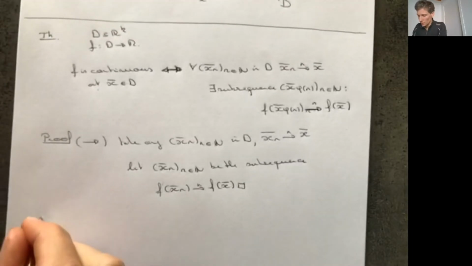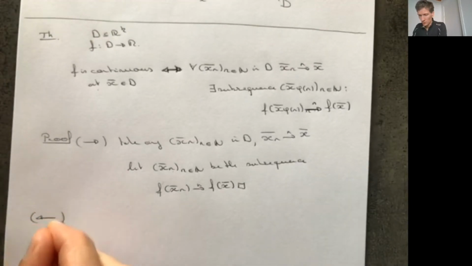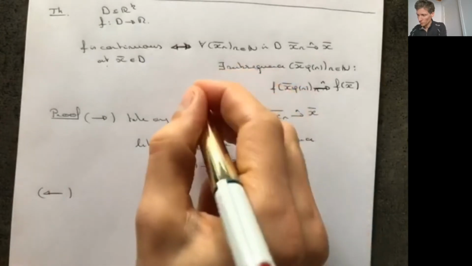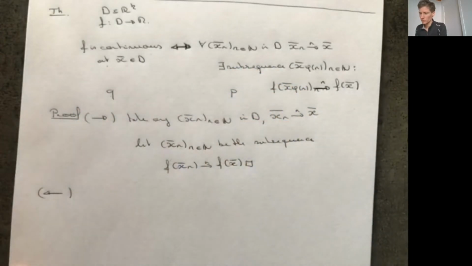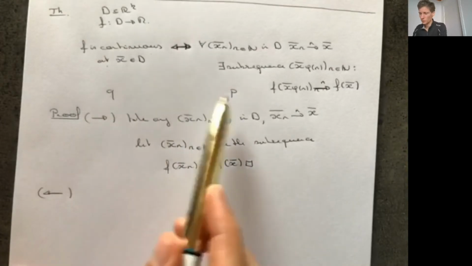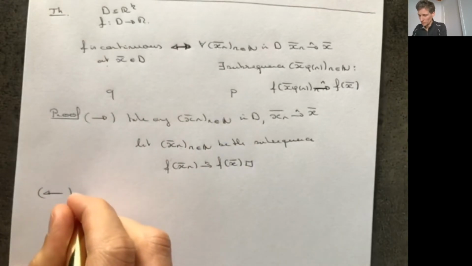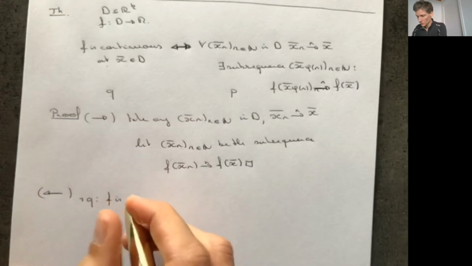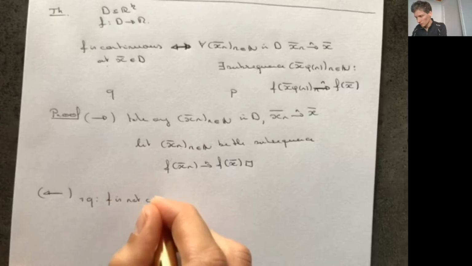The other direction is a bit more intricate, and we're going to use a proof by contrapositive. In order to prove that P implies Q, we're going to show that negative Q implies negative P. And here negative Q is the same as f is not continuous at x,